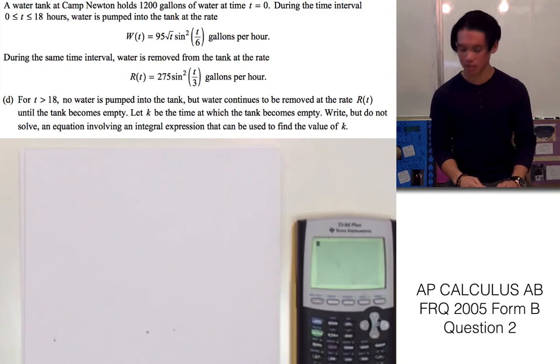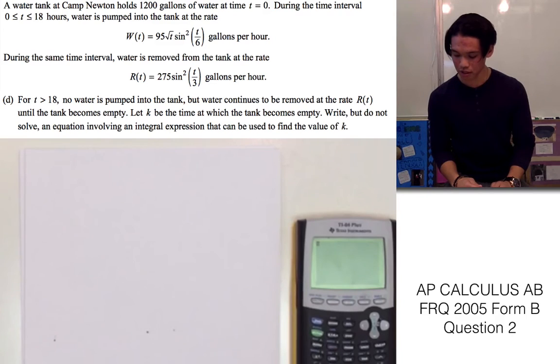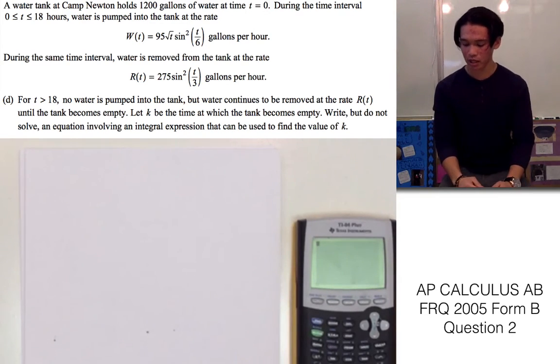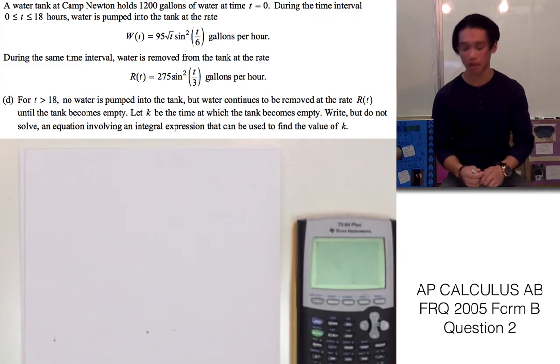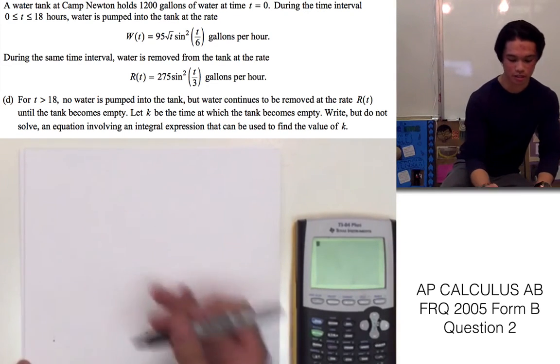And D says, for t is greater than 18, no water is pumped into the tank, but water continues to be removed at the rate r of t until the tank becomes empty. Let k be the time at which the tank becomes empty. Write, but do not solve, an equation involving an integral expression that can be used to find the value of k. So for this,